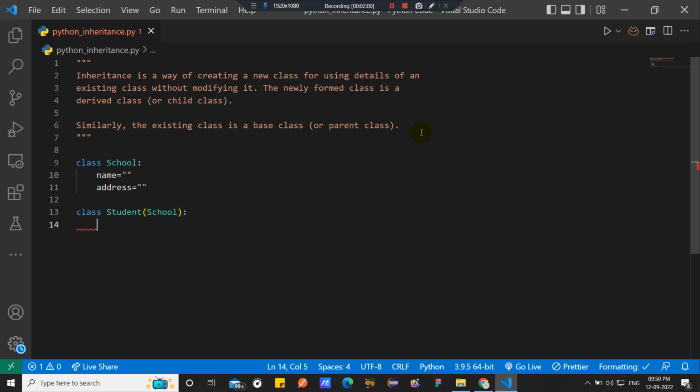So here the student can access all the properties of the school. You have to write down the name and address, initialize them, and reuse them. Here you have to give a student role, name and address, so here you have to declare